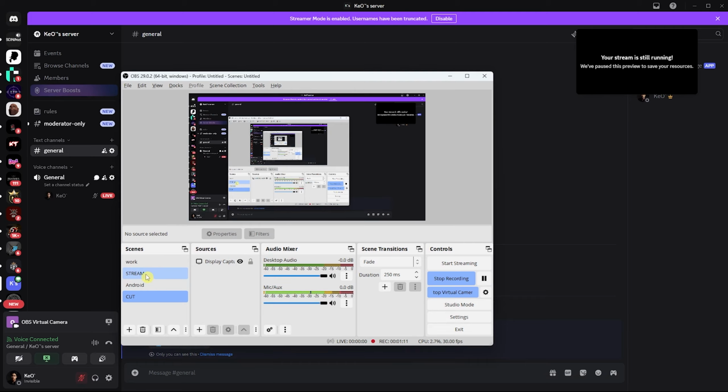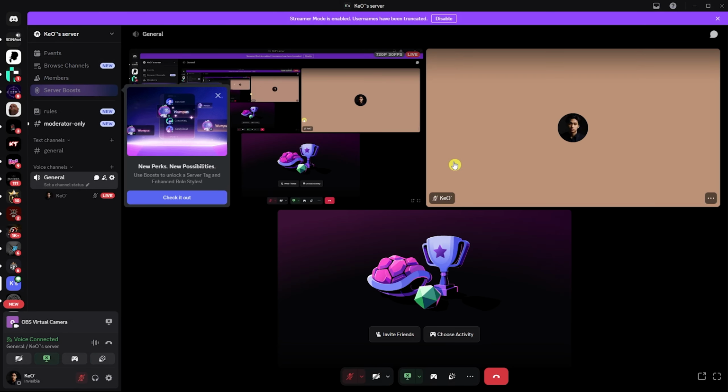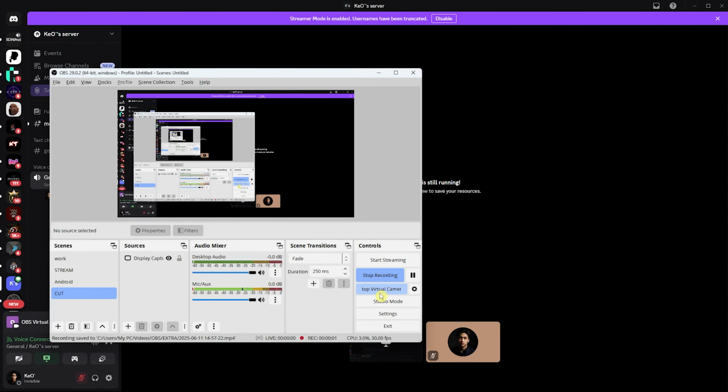For example, I'd want to go for this one right here where it's just dark. And as you can see, your stream here in Discord is also very dark. And when you change it up here into this one on your OBS, it will also be updated here in your Discord. So just make sure that you have your virtual camera always turned on in OBS,